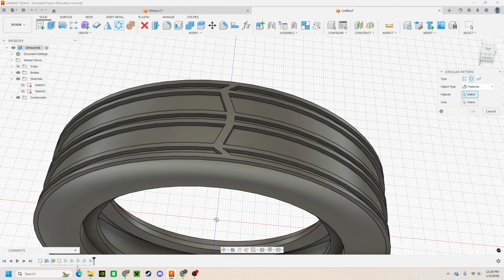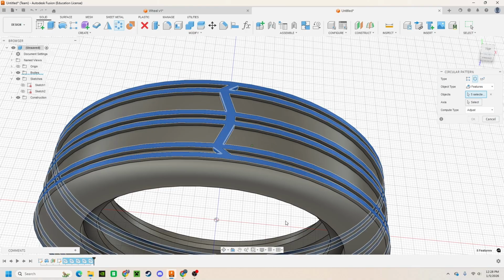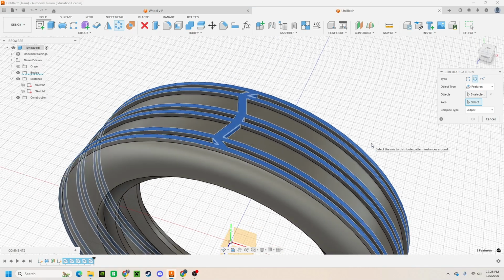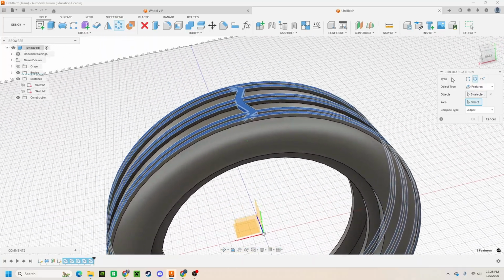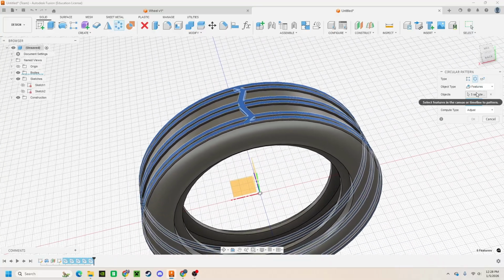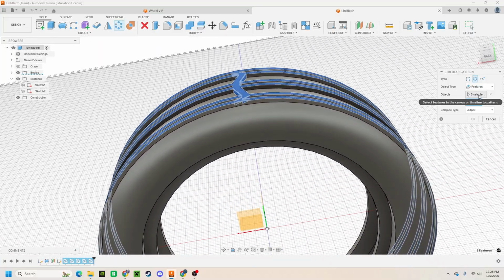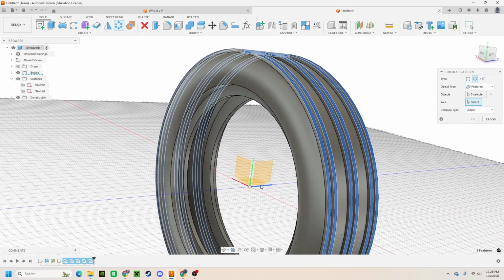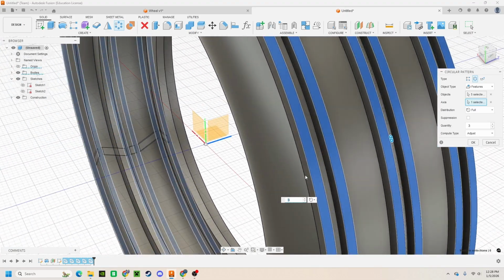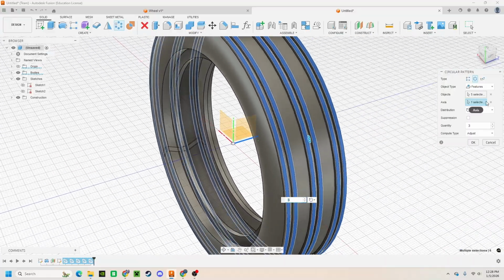Features allow us to go into our timeline, and then we can select each one of these embosses in the timeline, and then we can use the embosses as the feature that we circular pattern. So you're going to select all 5 of those as the objects, and for the axis, we want to select, you could either select the same profile we used for the revolve, the same axle,